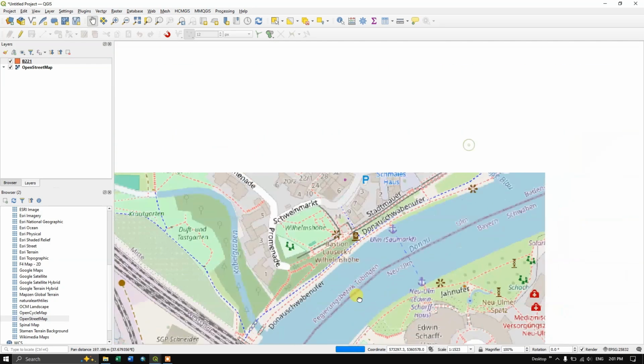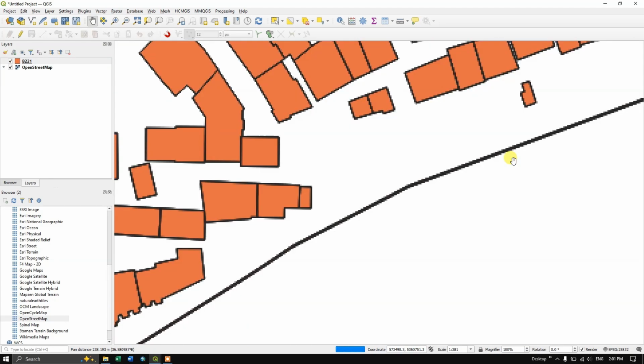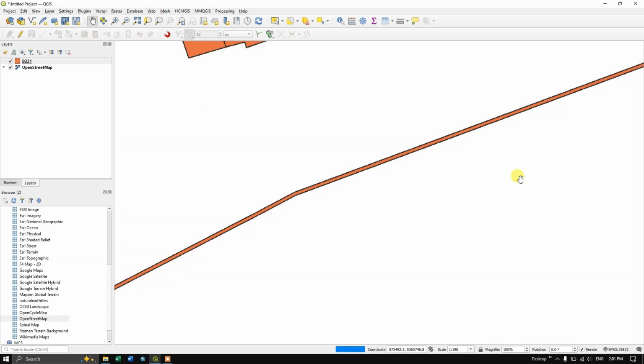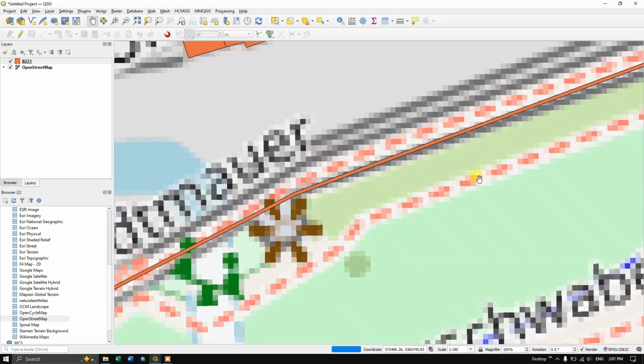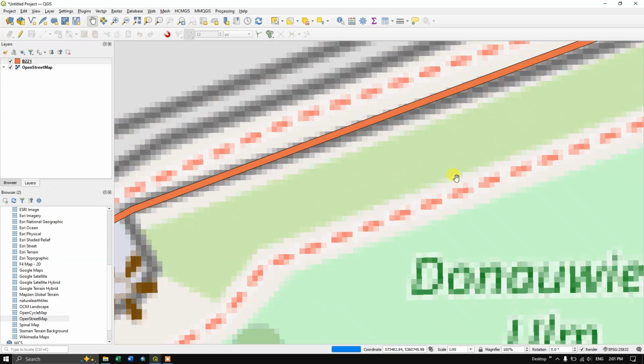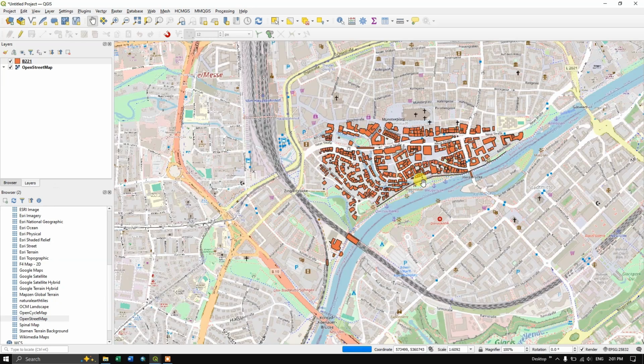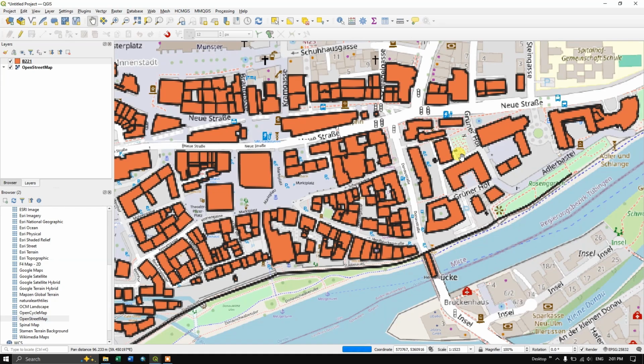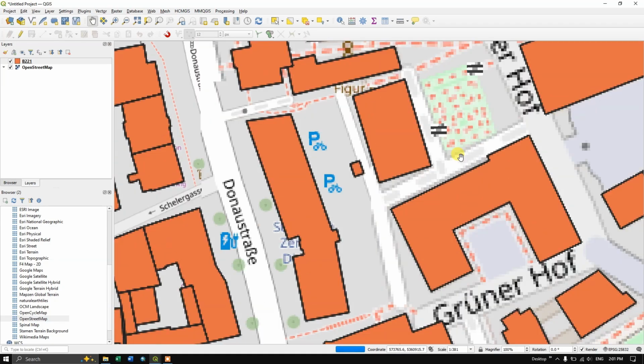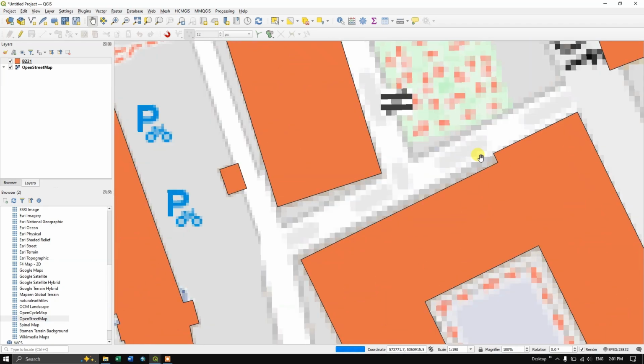So that it will be looking better in our 3D view, because the map will be very important.